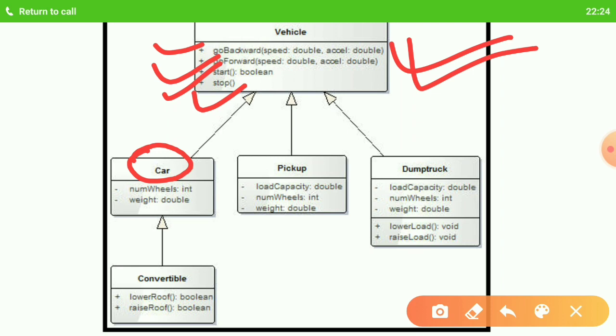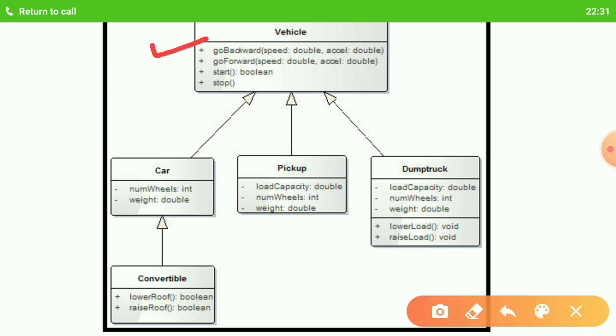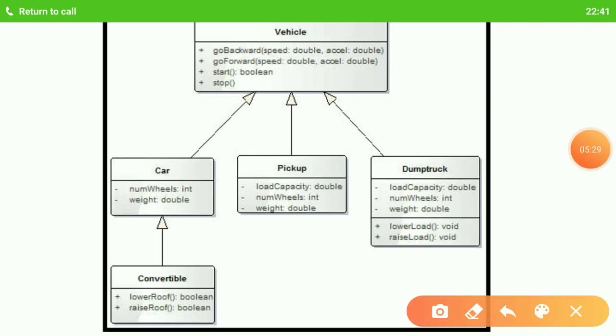A car should also be able to go back, go forward, start, and stop. So the car class must possess all these features.